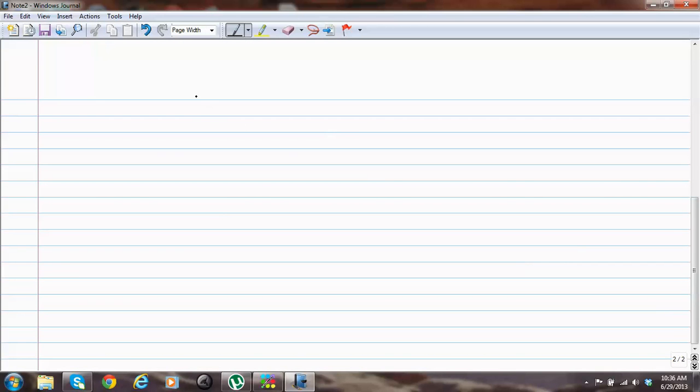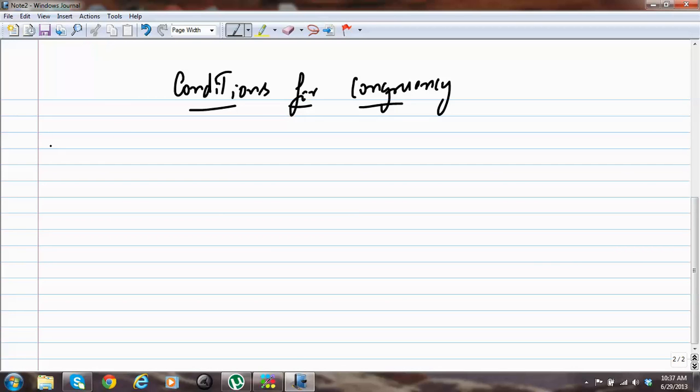Now let's talk about the conditions for congruency. What are the conditions for congruency? Let me take another triangle A